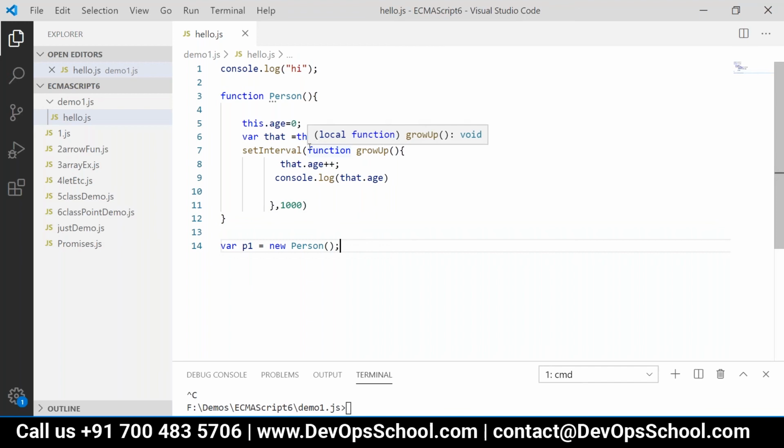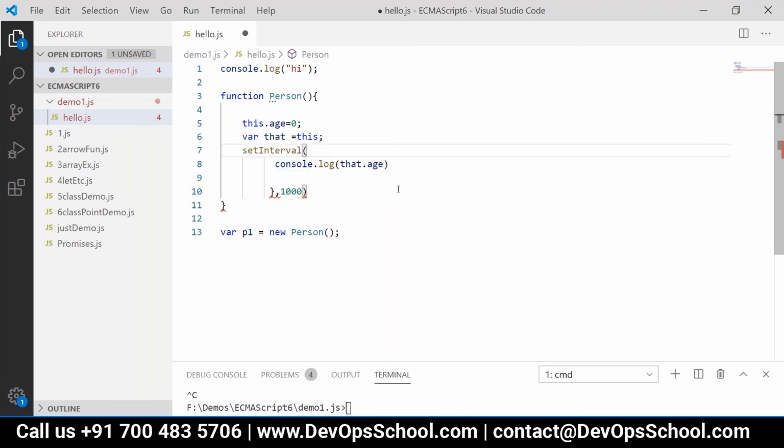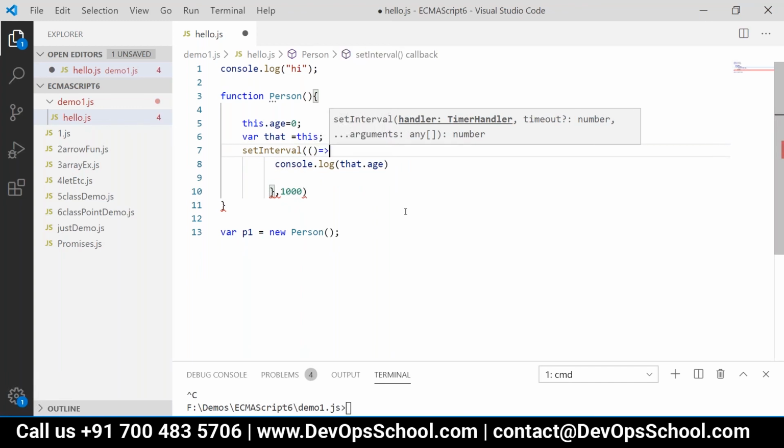So here, should I make the changes here itself? What are arrow functions? Those will be anonymous.